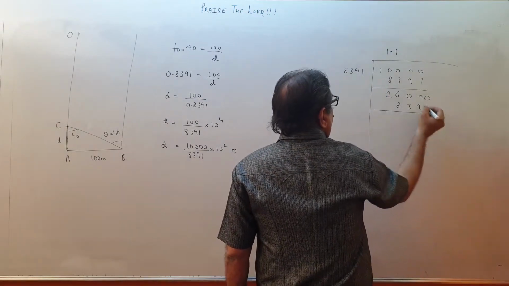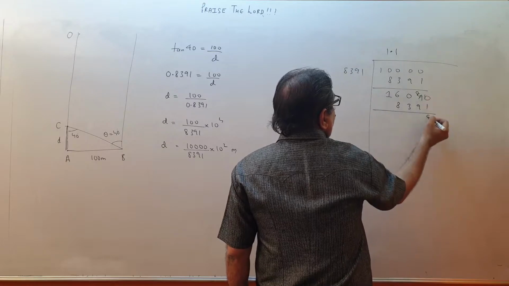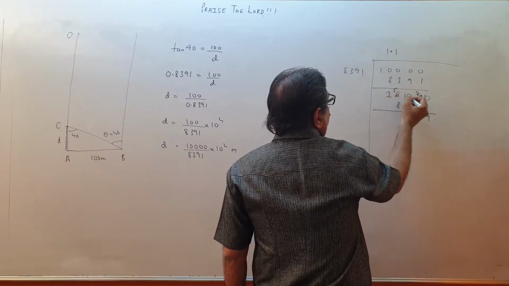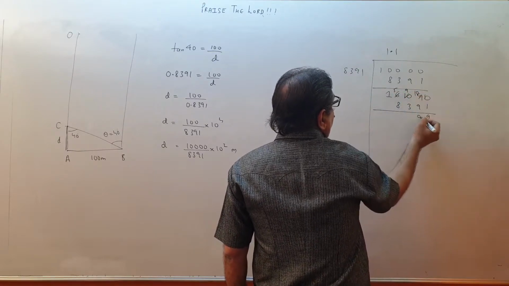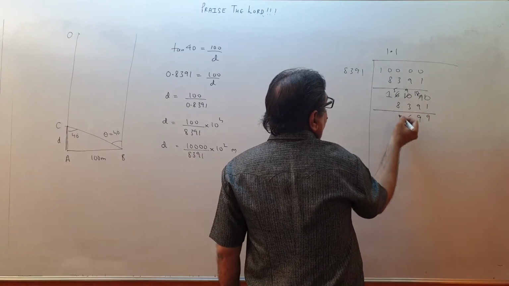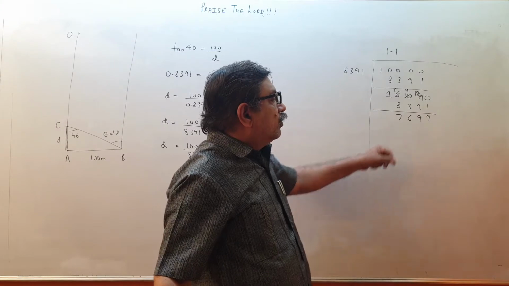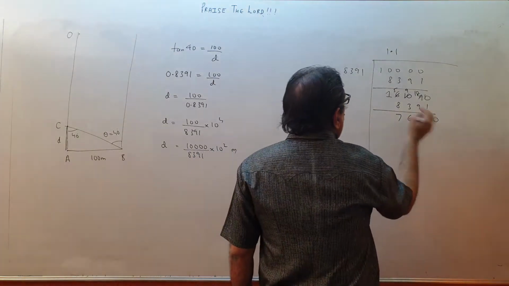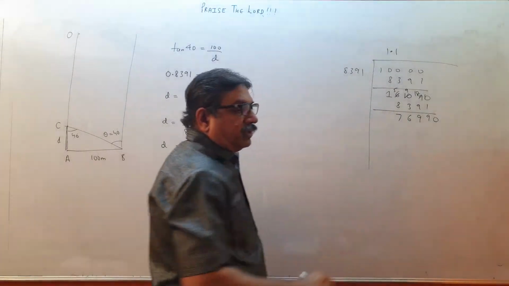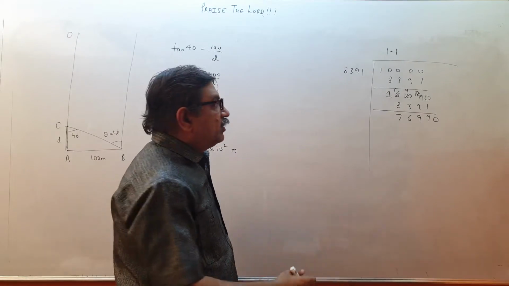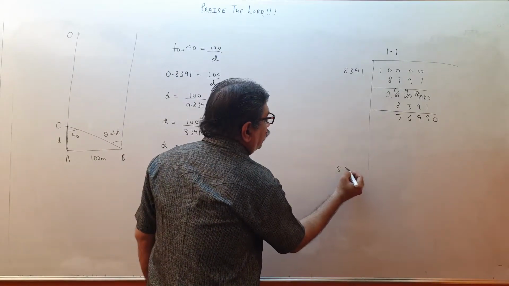We can make out that 8391. So this is 8 and 10. 10 minus 1 is 9. Again this will be 5, 9, 18 minus 9 is 9, 9 minus 3 is 6, and 7. So this is 8,000, this is 7,000. It will not go. So we take one more 0. 8,000 and 76,000. Maybe it will go 9 times. 8 times are 72. Let us check.